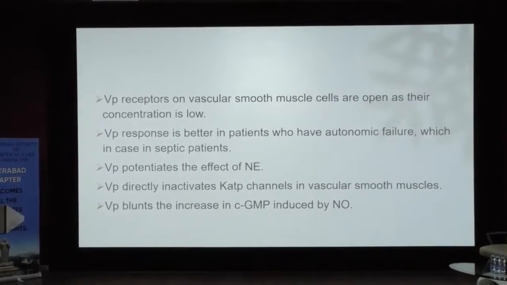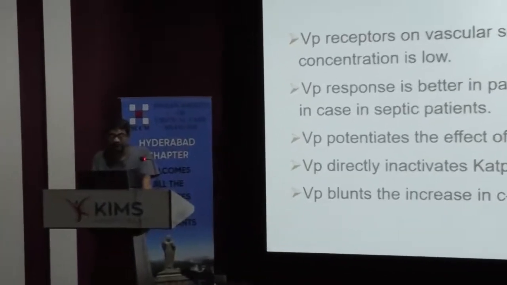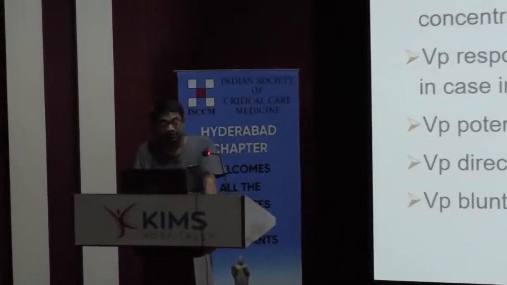Vasopressin directly inactivates potassium ATP channels in vascular smooth muscle, which is one of the causes of refractory shock. It also blunts the increase in cyclic GMP induced by nitric oxide. Then coming to milrinone, the primary advantage of milrinone over the inotropes is that it increases heart contractility